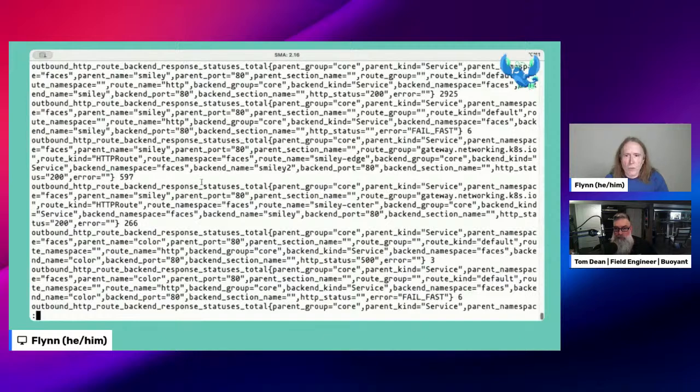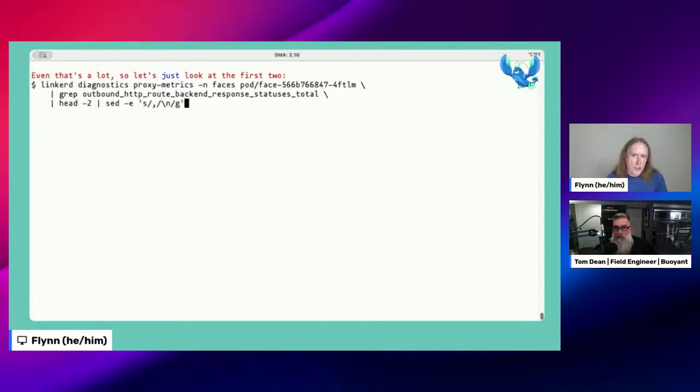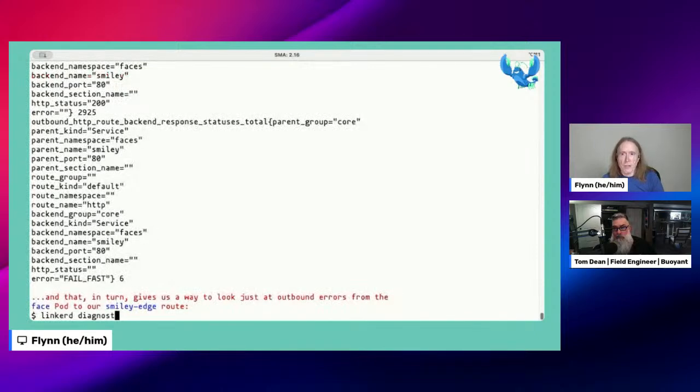And even that is a pretty fair amount. Let me pick on one of these for a second. So that's a single metric. And we can see some interesting things in there, but let me break this down a little bit more. What we're doing here is running proxy metrics. We're going to grep for our metric name. Then we're going to grab the first 2, and then we're going to turn every comma into a new line to make it easier to read. And if we do that,